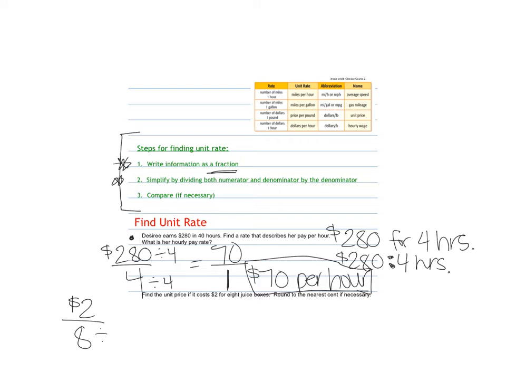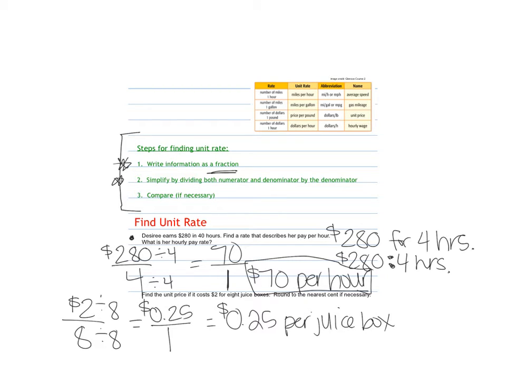So we do divided by 8 because 8 is our denominator. So I know I'm going to end up with 1. And then in my calculator, I'm going to do 2 divided by 8. I'm not going to do 8 divided by 2. I'm going to do 2 divided by 8. And I get 0.25, which tells me that it is 25 cents per